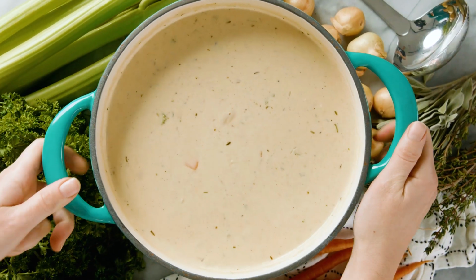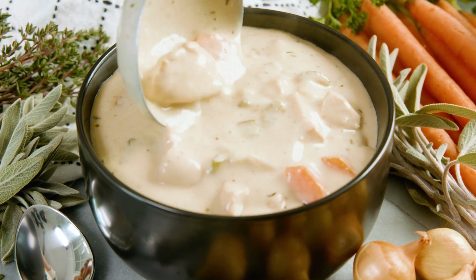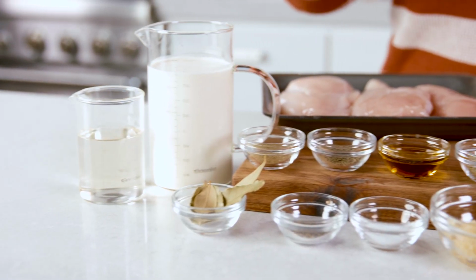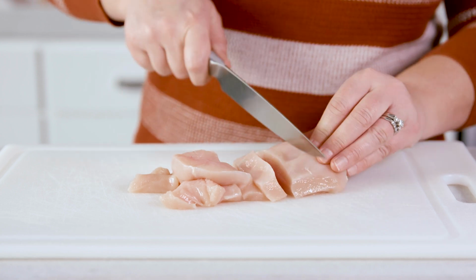Today on the Stay-at-Home Chef, I'm showing you how to make creamy chicken soup. This isn't just a can of cream of chicken soup, this is ultimate comfort food, warm your soul kind of soup. To start, we're going to get our ingredients ready by simply cutting up 1.5 pounds of chicken breast into